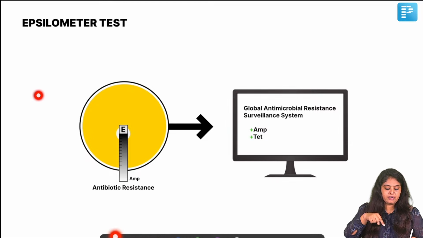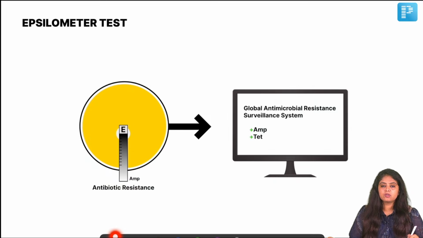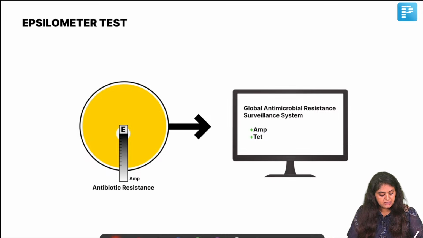Antibiotic is now not on that disc. Antibiotic has now been put on this E-strip. That is why we call it the E-test or the epsilometer test. And same, you will be trying to find out through a software or manually whether the antibiotic is working or not. The advantage is that the E-test, I'll write it over here, gives you minimum inhibitory concentration,